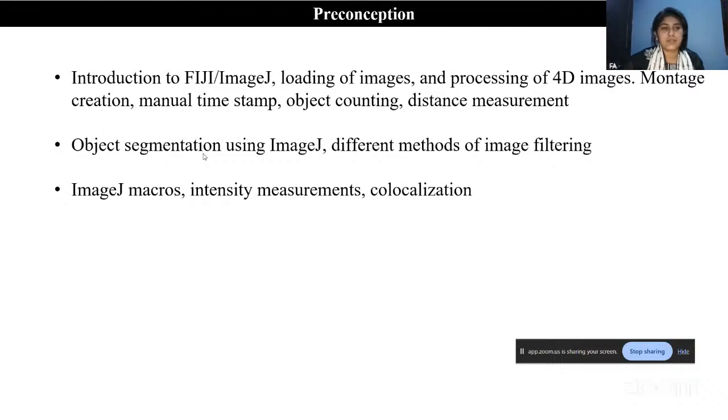And further, you learned ImageJ macros. If you have huge images and several images, how you can automate different types of methods by implementing these macros. And you have learned intensity measurements and co-localization so far.